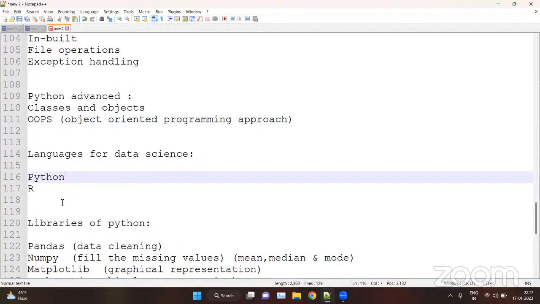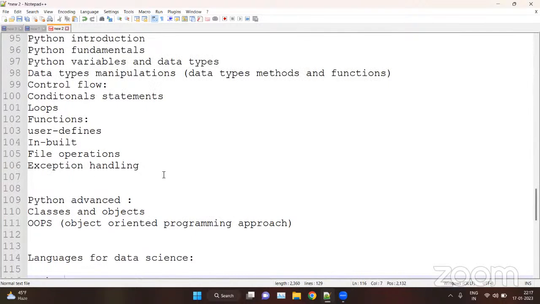In the OOPS, we have classes, objects, encapsulation, inheritance, polymorphism, abstraction, etc. So you can go for OOPS.